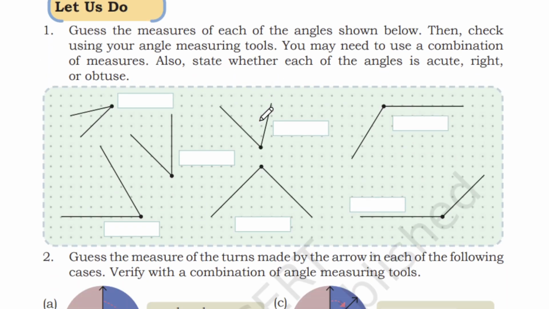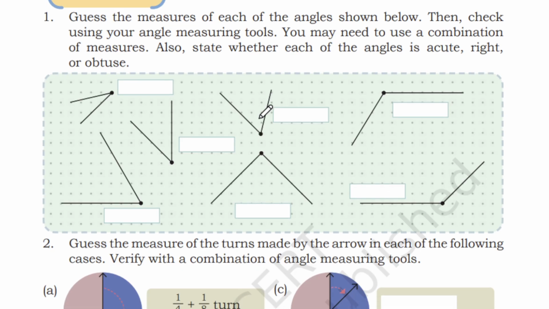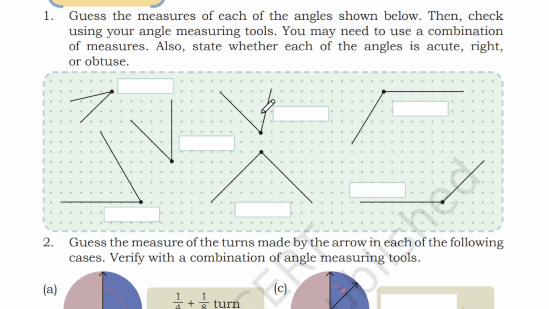Okay, next. Guess the measure of each angle shown below, then check using your measure angle tools. You may need to use a combination of measures. Also state whether these are right angles, acute angles, and or obtuse angles. Okay, now this you need to take an angle measuring tool and do it, students, in class, or if you have your geometry box you can use it, but now I'm going to write whether it is acute angle, obtuse